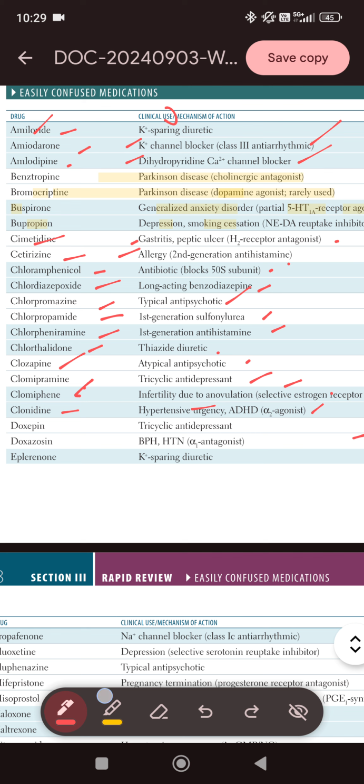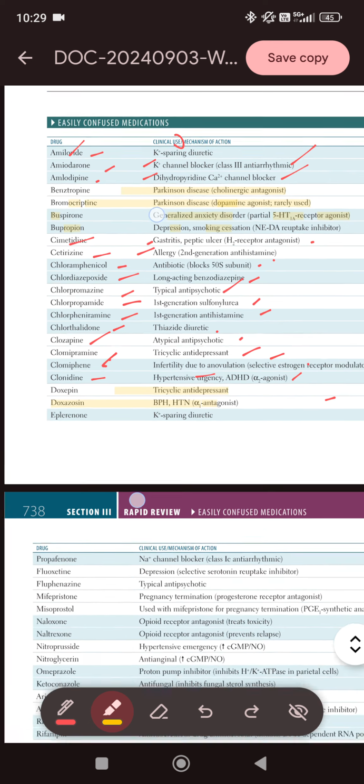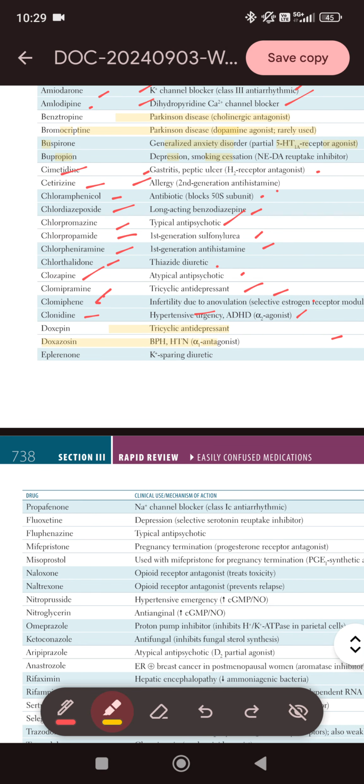Then we have doxepin. Doxepin, it's again a tricyclic antidepressant. Next we have doxazosin, like prazosin, similarly doxazosin, BPH, hypertension, alpha 1 antagonist. Then for E,